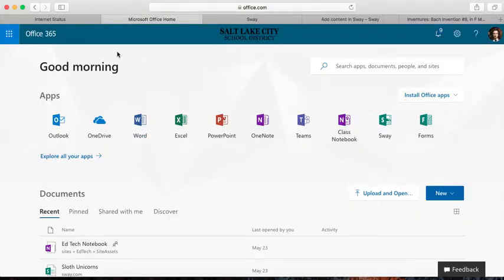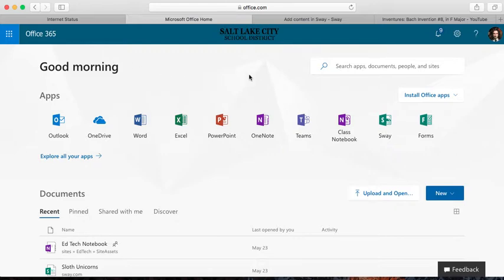I'm making a video today to show you about Sway, walk you through what it looks like, and explain to you kind of how to use it. Just an introductory video. I'm hopefully going to go over as much as I can about what this app does and how it looks. So I've got a couple of tabs already open, but what we're going to do is